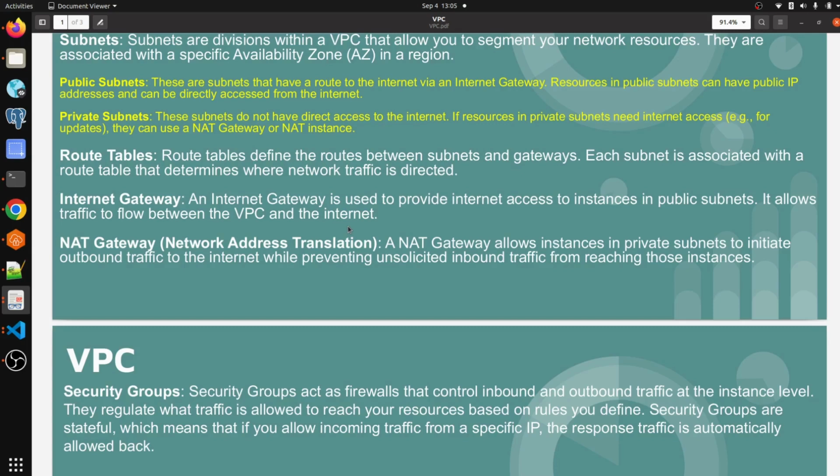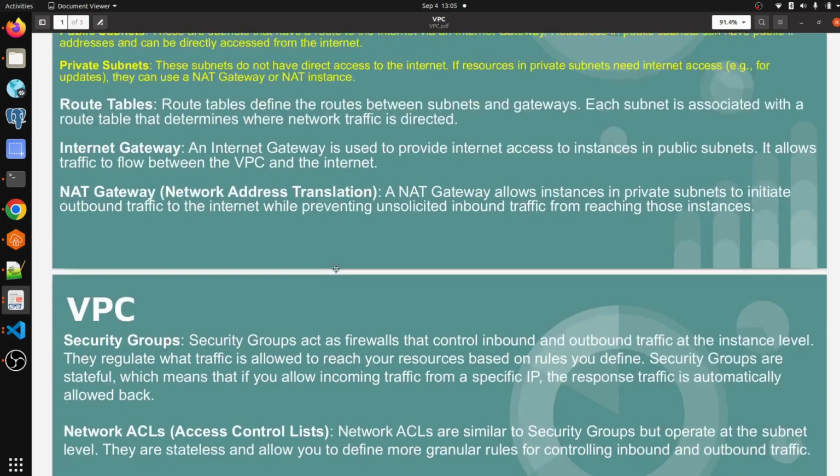Then NAT gateway, network address translation: a NAT gateway allows instances in a private subnet to initiate outbound traffic to the internet while preventing unwanted inbound traffic from reaching those instances. So whenever we want to interact with the internet from a private subnet, we have to use a NAT gateway, and using it we can prevent unnecessary access to our resources.